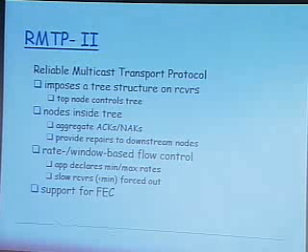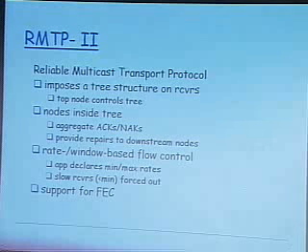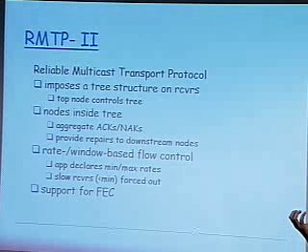RMTP, which is the Reliable Multicast Transport Protocol, imposes a tree structure on the receivers. The top node will control the tree, and nodes which are inside the tree aggregate these ACKs or NACKs. And if they have the packet which was requested by a NACK, then they'll do a local recovery. If not, they forward the NACK upstream and hope to get the repair packet from upstream. This RMTP also has support for forward error correction, and they also implement